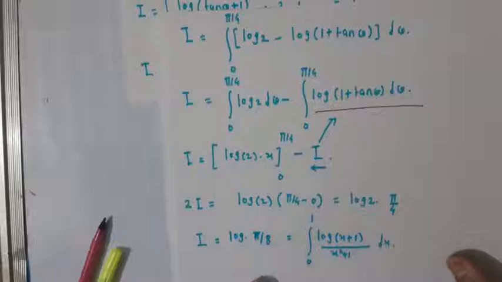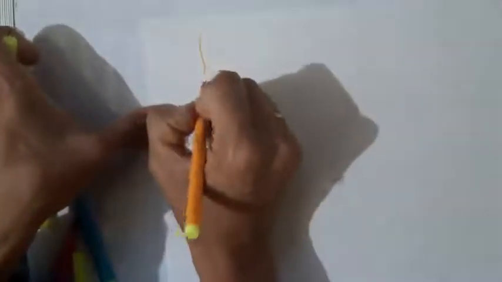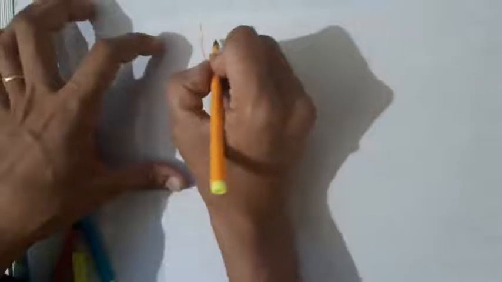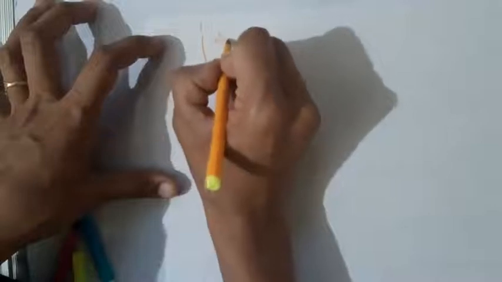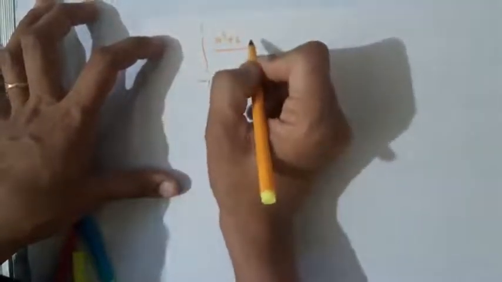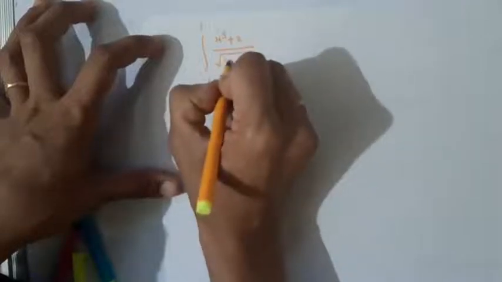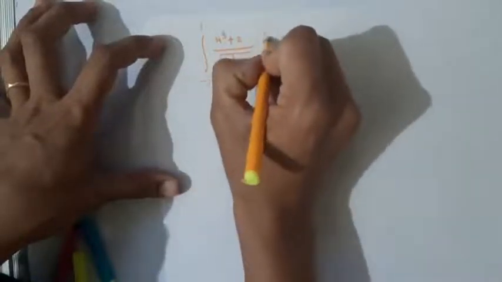In this way the problem is there and we have to solve like this, okay. Now let us solve another example. Another example is: evaluate the integration, limit of integration minus 1 to 1, x cube plus 2 upon square root of x square plus 4 with respect to x.